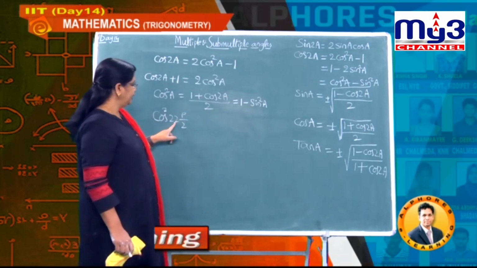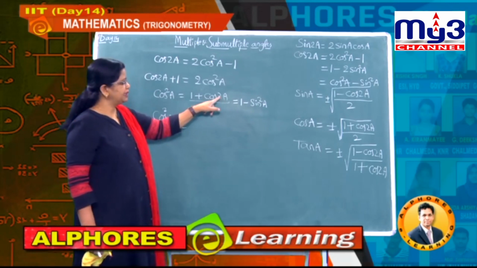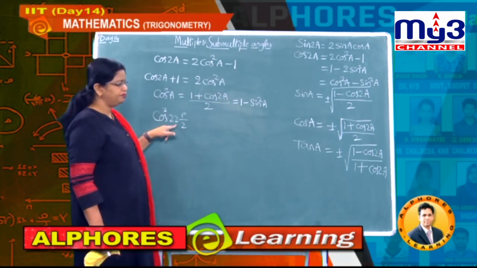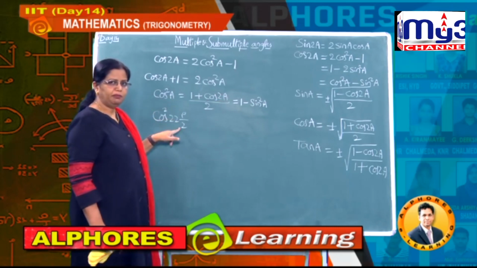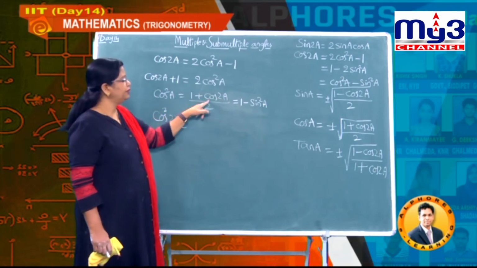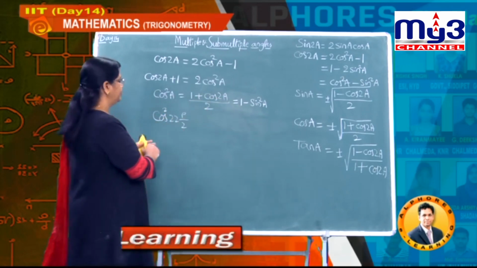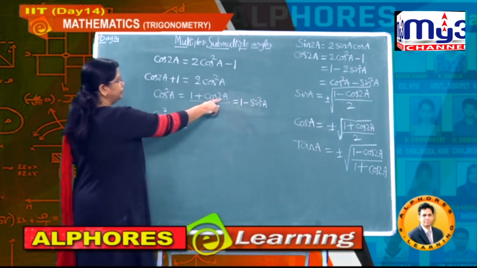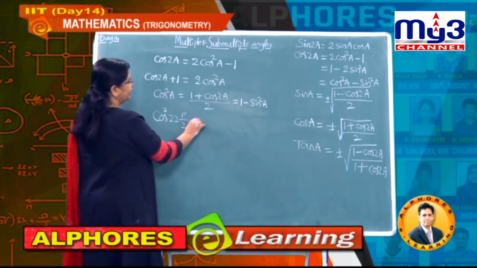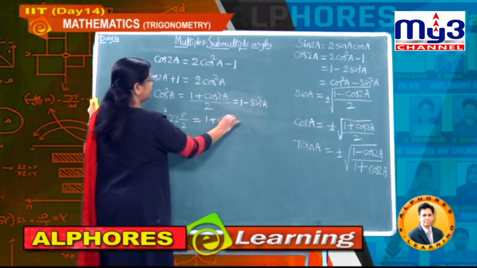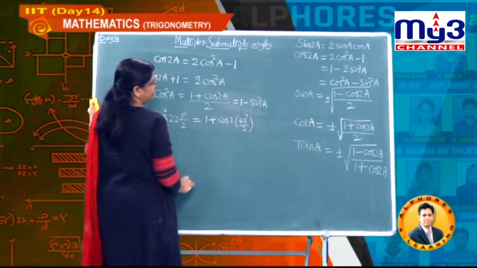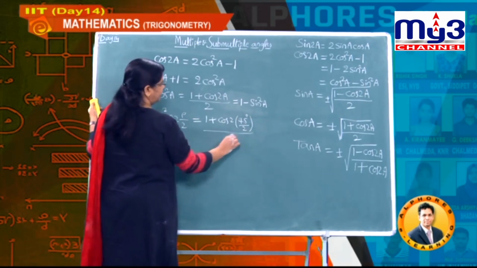Then if I write this formula, it is exactly twice that of a. What is a here? This a is nothing but 45 degrees divided by 2. Then 2a means 45, and you know what cos 45 is. That is the reason why we use this formula, because you want a known angle. The known angle you can obtain only by using this kind of formula. So this is 1 plus cos of 2 into 45 by 2, whole divided by 2.